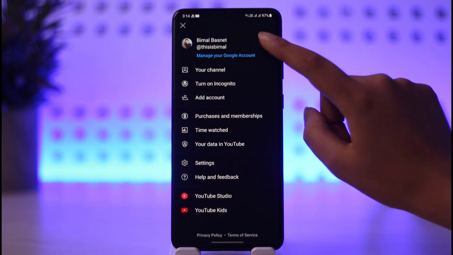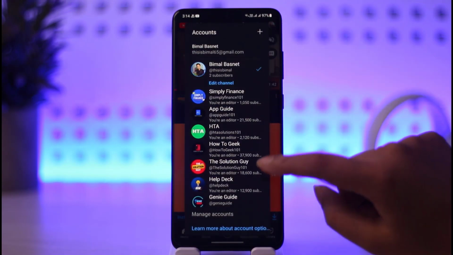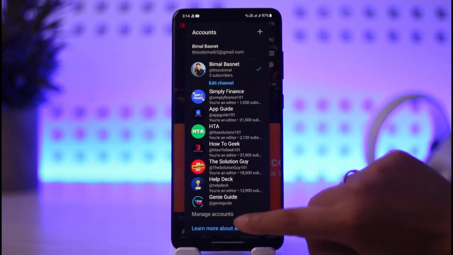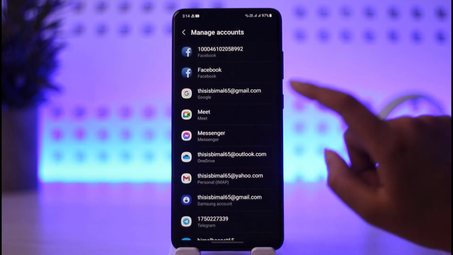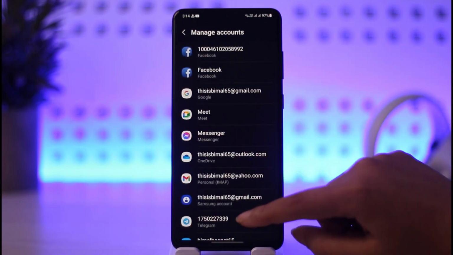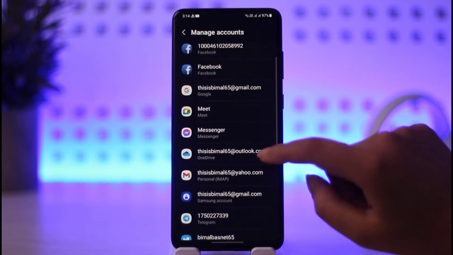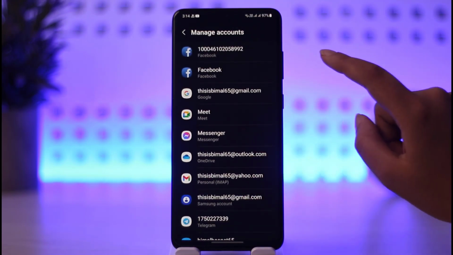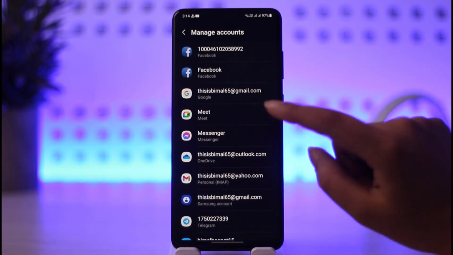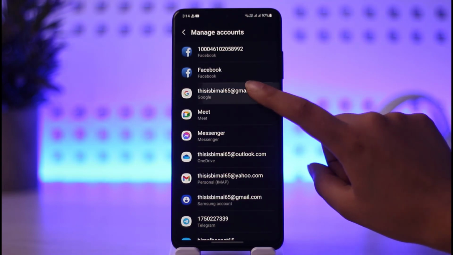Once you do, tap on that ID right over here, and tap on this manage account option given below. Once you do that, you will be able to find all the accounts that you have so far. Simply long press on the account where you're connected with your YouTube. Go ahead, long press on the account,